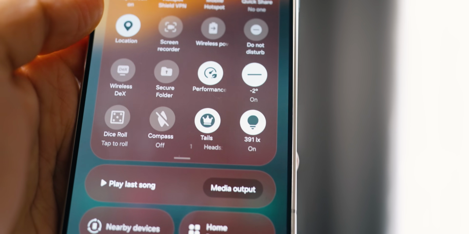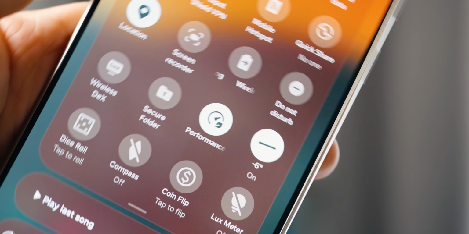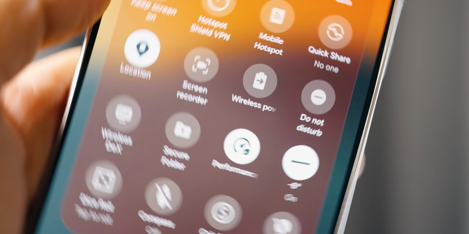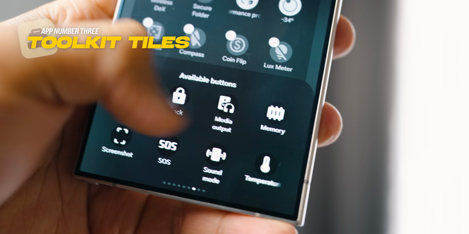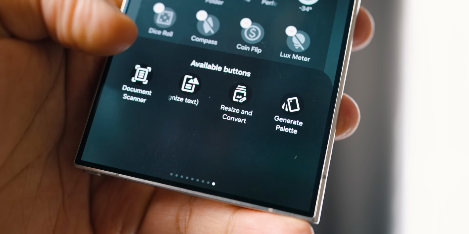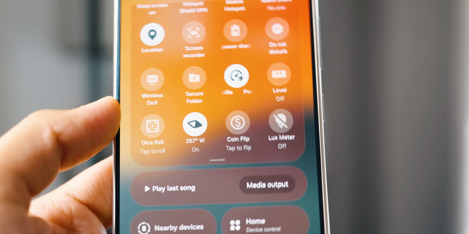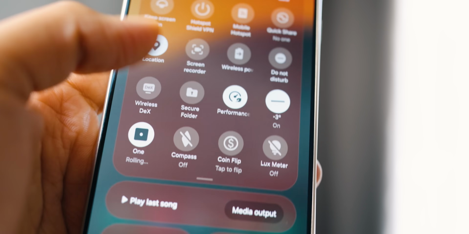I also have a lux meter and a leveling tool that works as I tilt my phone. And honestly guys, this is an application called Toolkit Tiles that adds these really useful as well as fun quick tiles to your notification tray. And whether you've needed a handy tool like a compass on your quick settings tile, or you've just wanted to